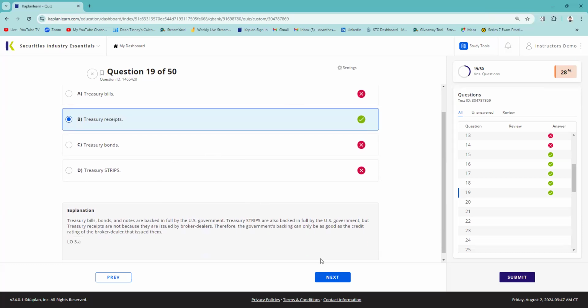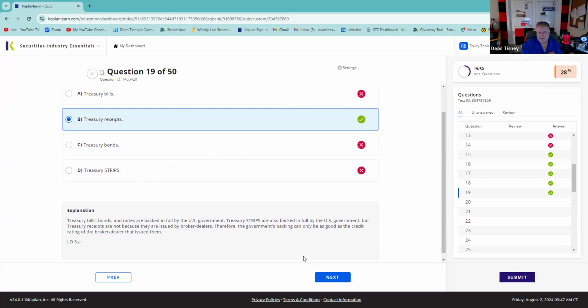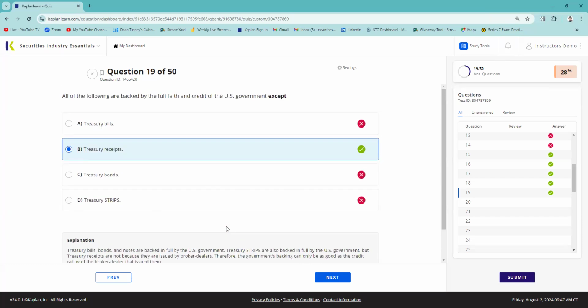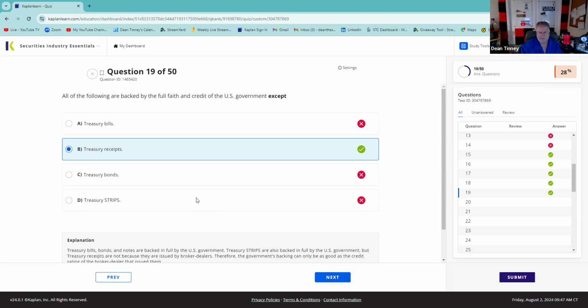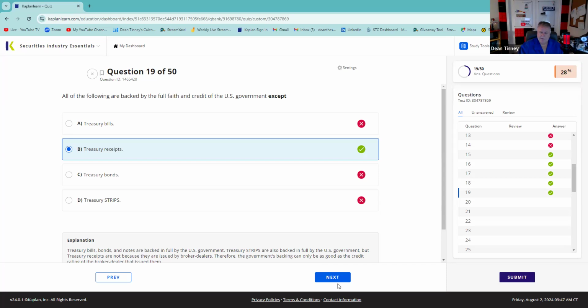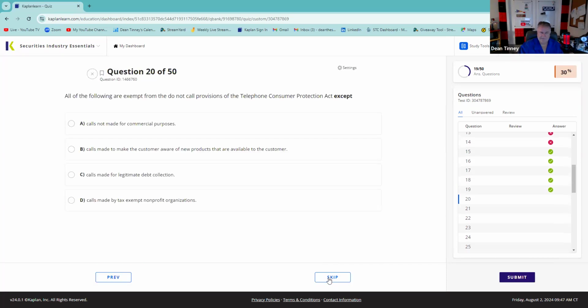I never heard of it before, so I was like, that seems odd to me. I don't think it's a big deal, to be honest with you. You know, Treasury bills, bonds, and notes. If you got the B choice, it would have been something like Freddie Mac or Fannie Mae. And Ginnie Mae is fully backed. Ginnie Mae does, and the others don't. That would be how I think they would test you on that.